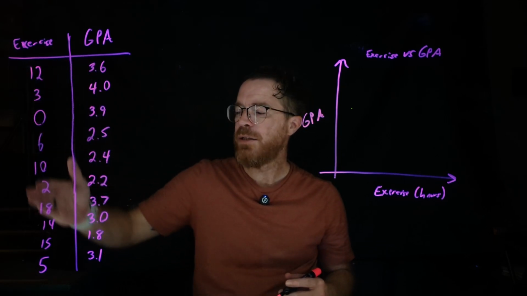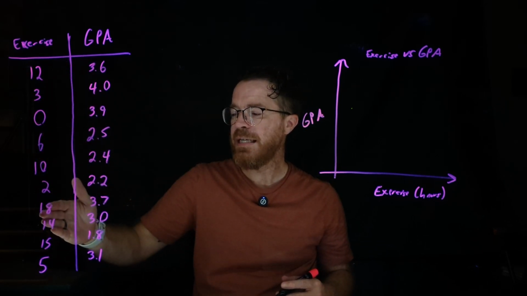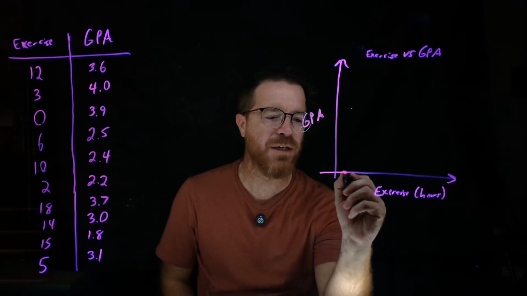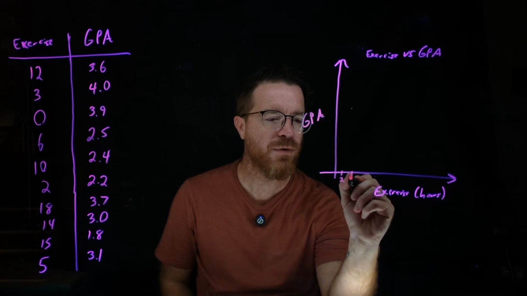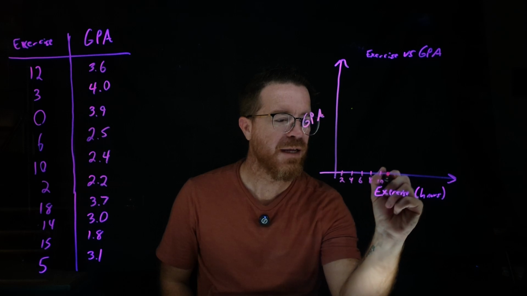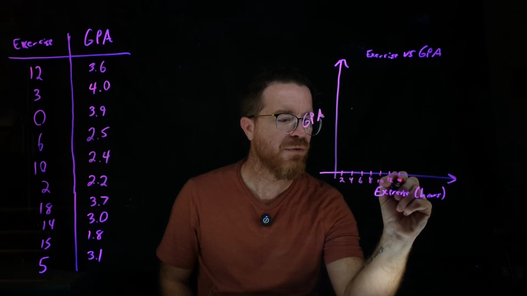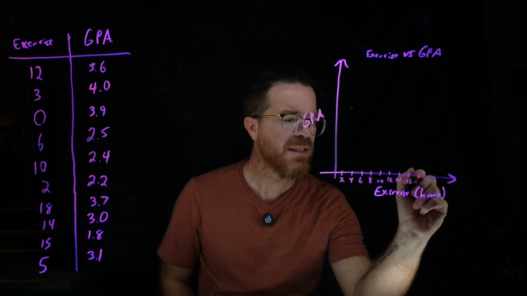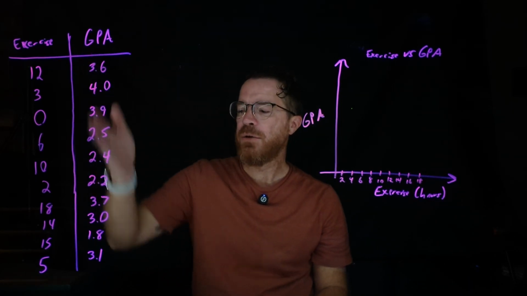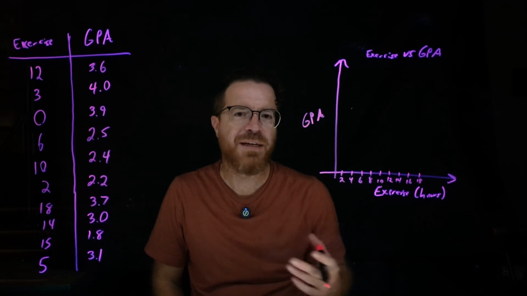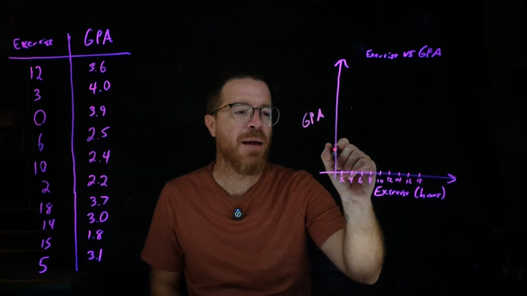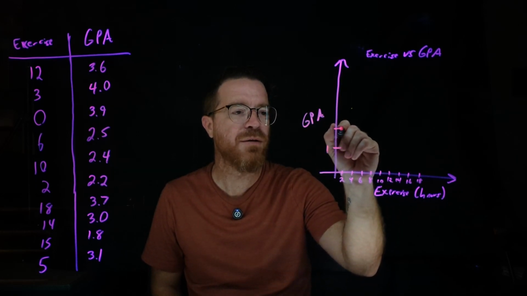Looking at our amount of exercise, it looks like these go anywhere from 0 to 18. So I'm going to do jumps of 2, but make my intervals kind of smaller so they can all fit. So this will be 2, 4, 6, 8, 10, 12, 14, 16, 18. Okay, I may have made it a little too small. For our GPA, it looks like this will go anywhere from 0 to 4, which makes sense because it's a GPA. So I'm going to make the scale a little bit bigger just so we can see how much it's really changing. But it's going to go in terms of 1. So GPA of 1, 2,